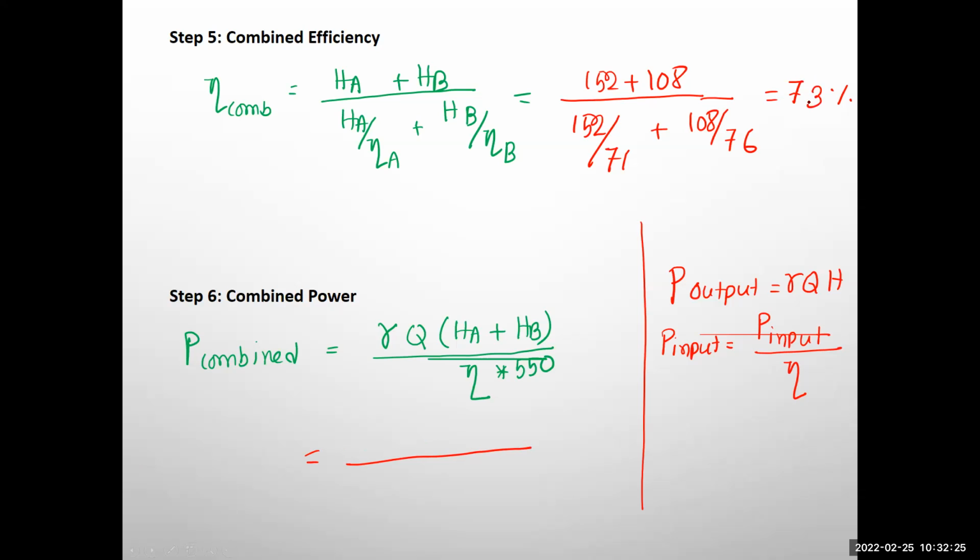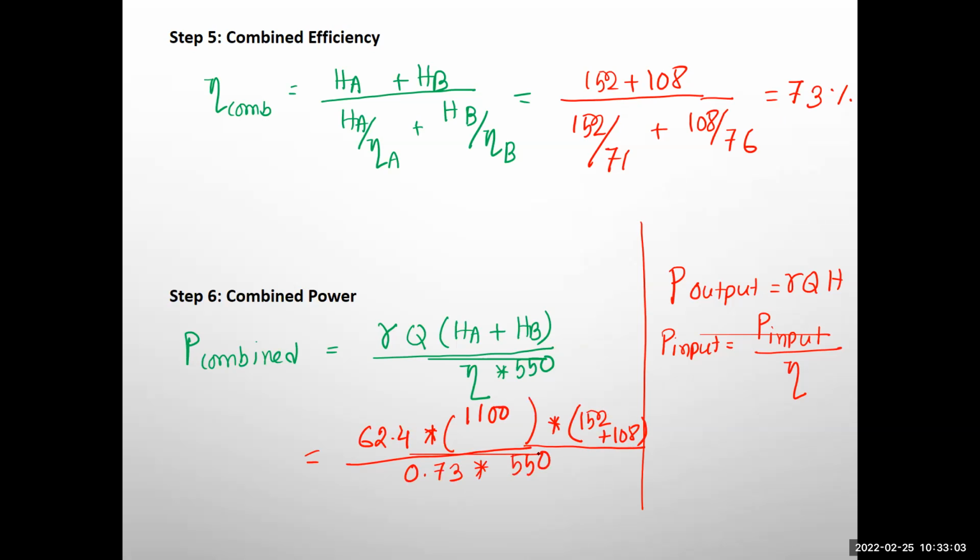Okay. Now gamma, we need to use that in SI system or FPS system. It's FPS system, so it will be 62.4. Q should be the operating discharge, which is 1100, right? HA should be 152 plus 108. Eta is 73%. You just got that. So I will use 0.73,